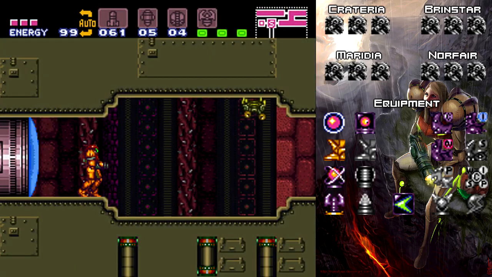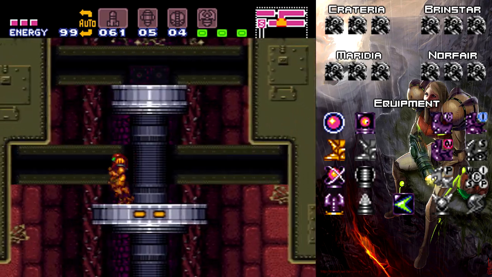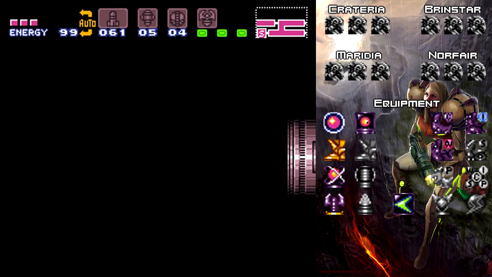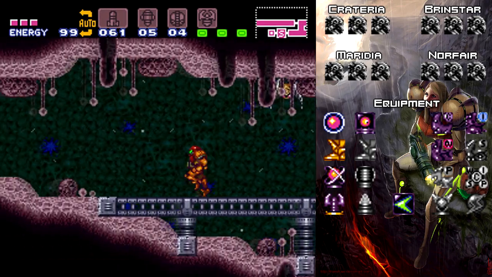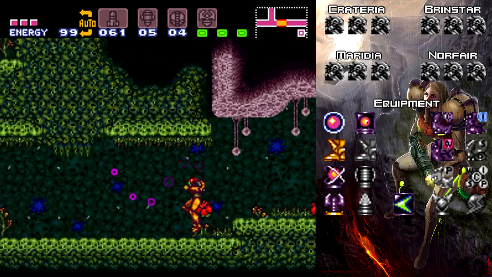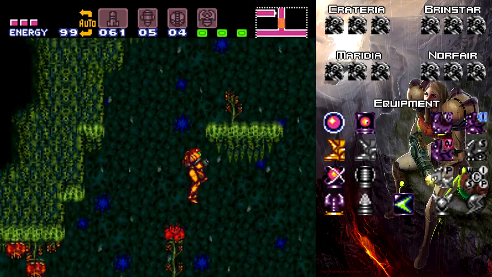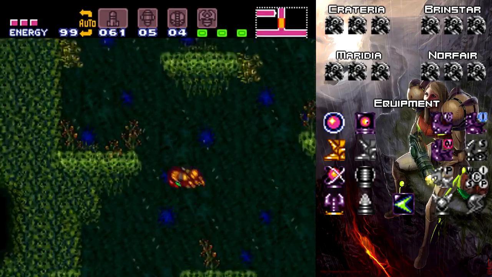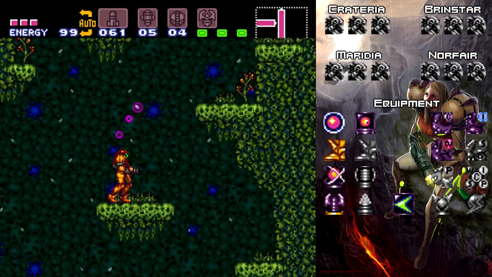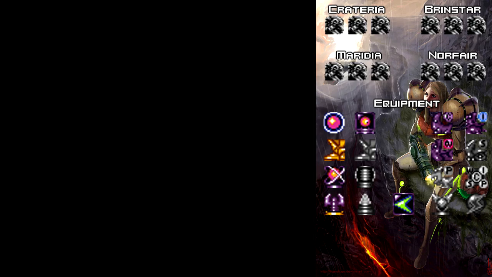One thing I am definitely getting is high jump boots. High jump is a very nice item with redesign physics because, hey, more jumps. And more jumps is indeed a technical term. I'm very positive about that. And we actually have grapple. So we could check that out, but